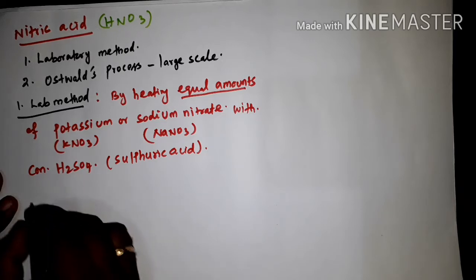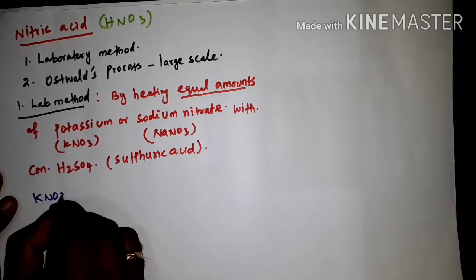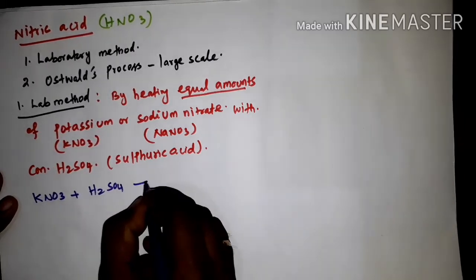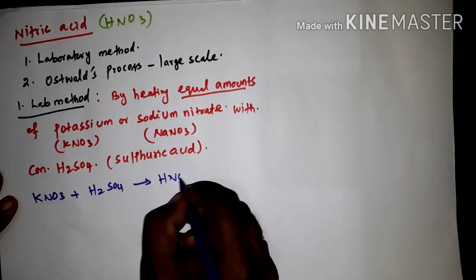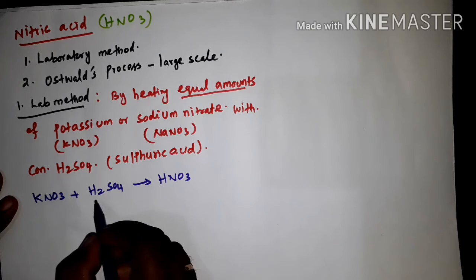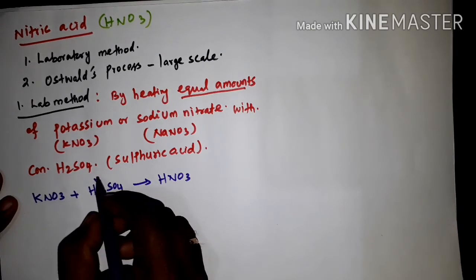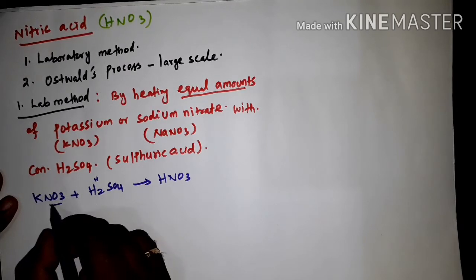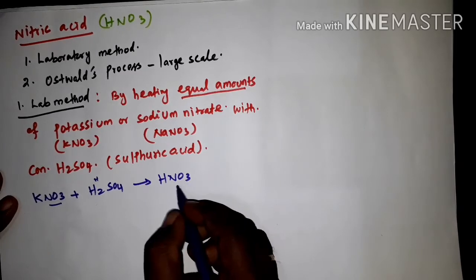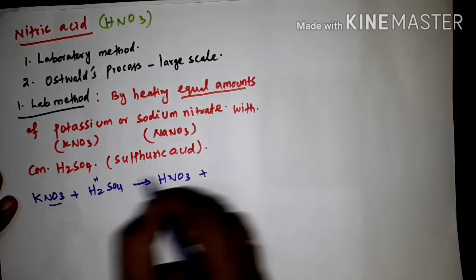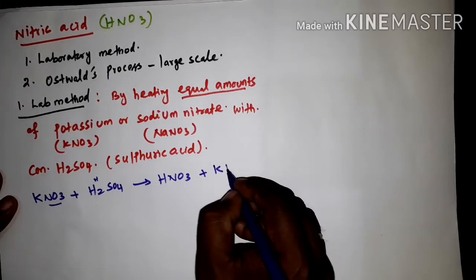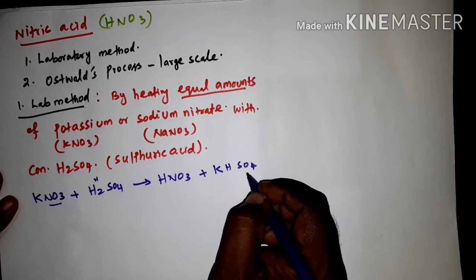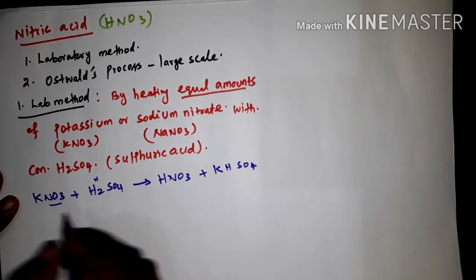The equation is potassium nitrate, formula KNO3, plus sulfuric acid, formula H2SO4. We are getting nitric acid at first. Nitric acid. So here there are two hydrogen atoms, and this NO3. So one hydrogen atom and this NO3, so we are getting nitric acid. Plus what are the remaining substances? This potassium K, then hydrogen sulfate. Potassium hydrogen sulfate. Clear? Now the reaction is balanced.